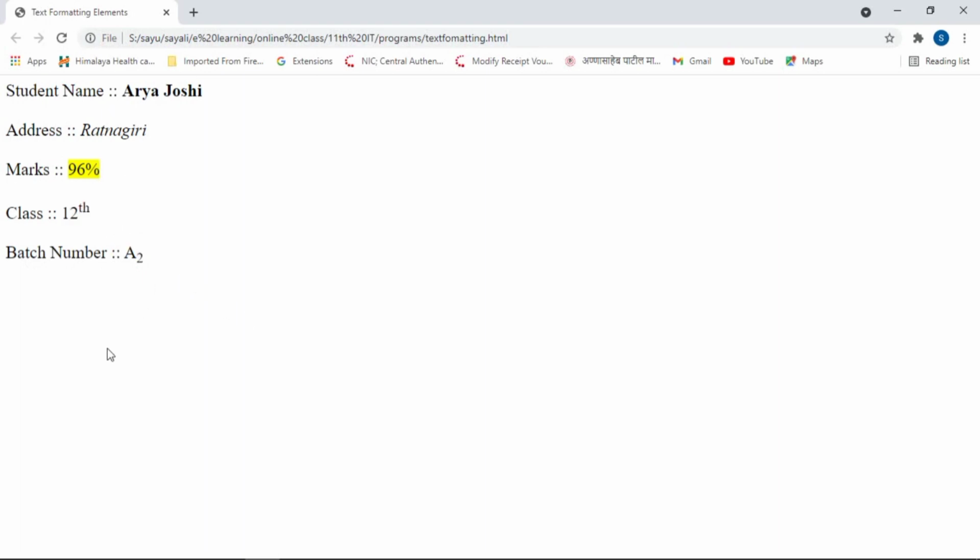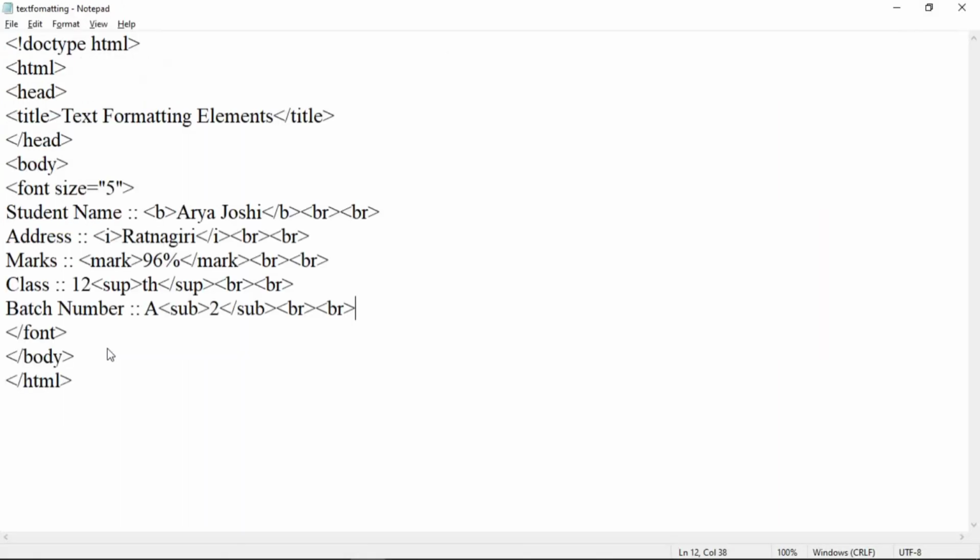Okay. Now we have to use underline. So suppose we have to add the content like state colon. Here state is to be displayed in underline form.